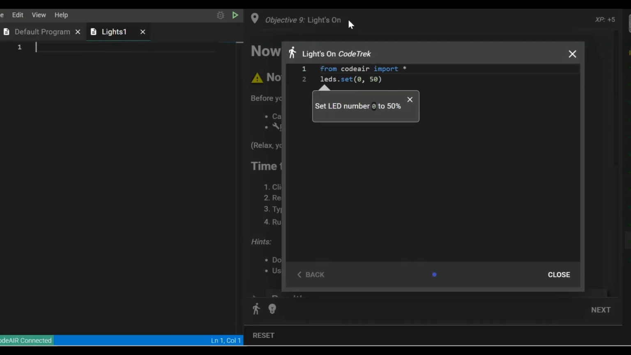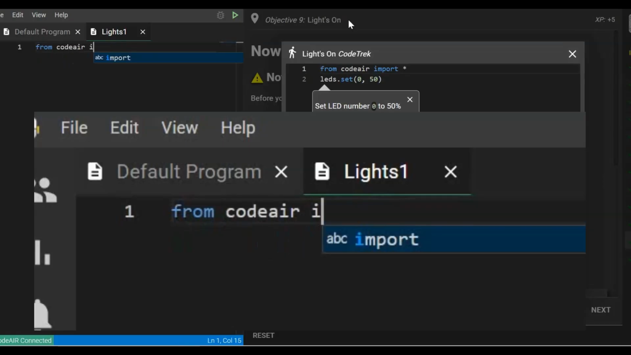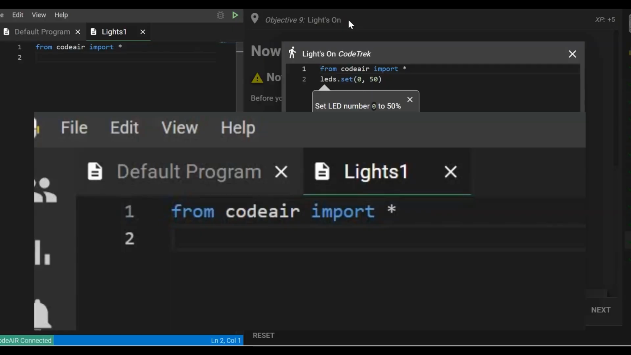So right here it says from CodeAIR import. So we're going to type from CodeAIR import. Then we're going to hit the asterisk, which is Shift 8, and that star means just import everything from that library. Then we're going to type in a line that says